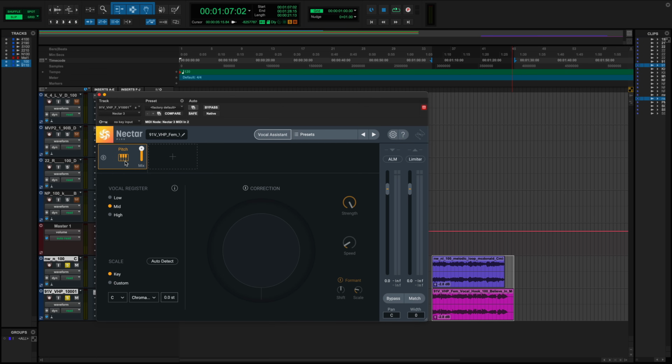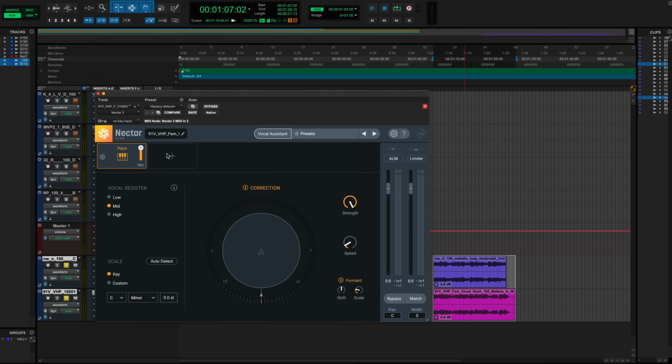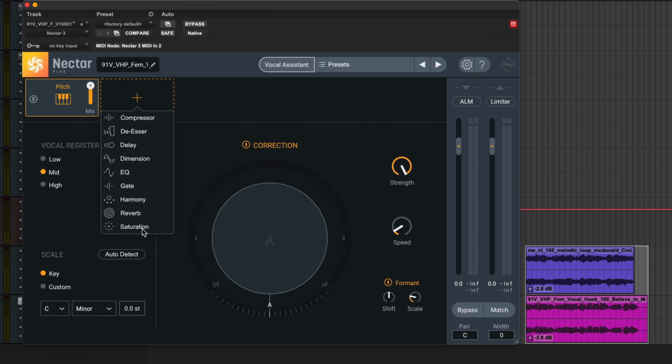And I'm going to go first to pitch, because remember, pitch and harmony are connected. The pitch informs the harmony module, the scale that it's going to create kind of artificial copies of the vocal around. So in this case, I can see that it's C minor because it's right embedded into the loop there. So I'll stay on C and I'll go to minor, and there we go. I'll turn correction on, and that's going to give a bit of pitch correction to the dry vocal.